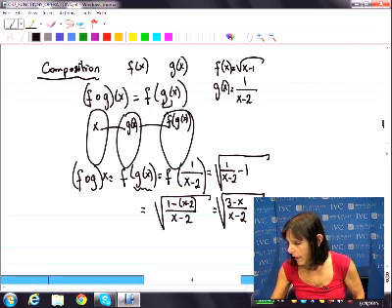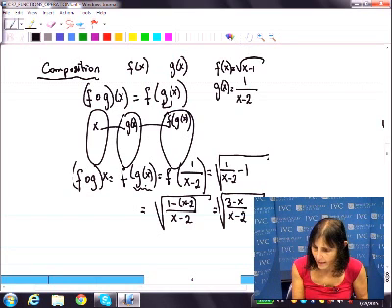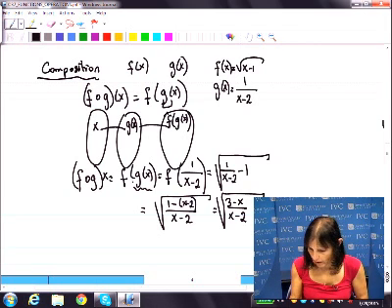Let's also look at the domain. The g of x has to be in the domain of f. Does that make sense? Because you are taking the f. So let's look at another one,